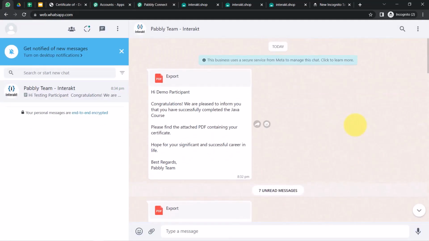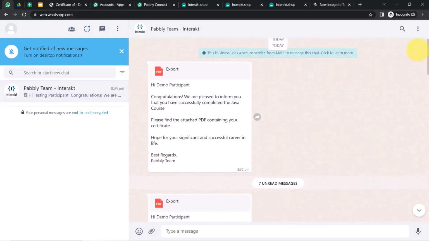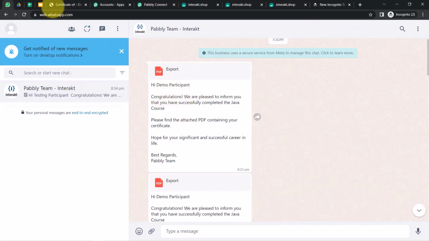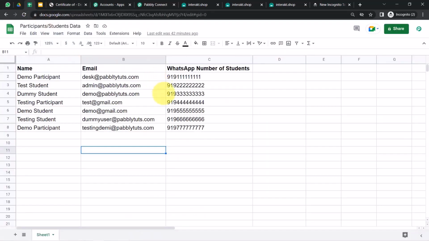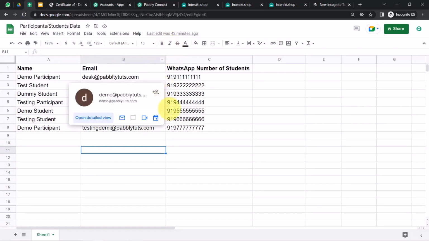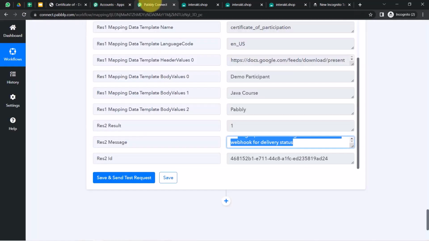on the same WhatsApp number, because currently I just have a single WhatsApp number only. So that is why I have provided the single WhatsApp number manually there. But in your case, if you map that number, these certificates will get sent to the very same number, basically the number of the participant. Okay, so this is how you can entirely automate your certificate creation and certificate sending process with the help of